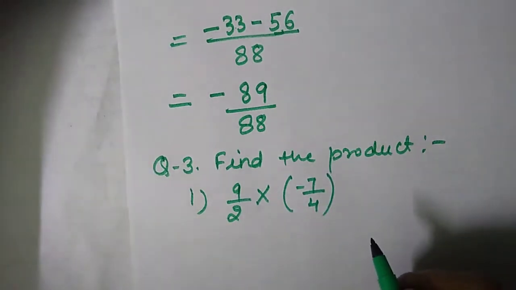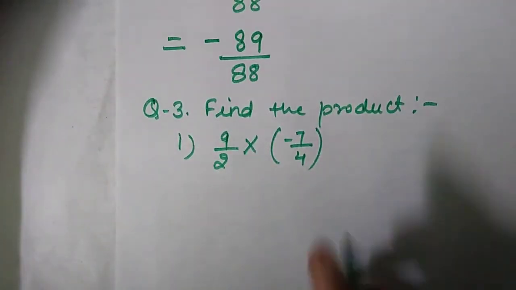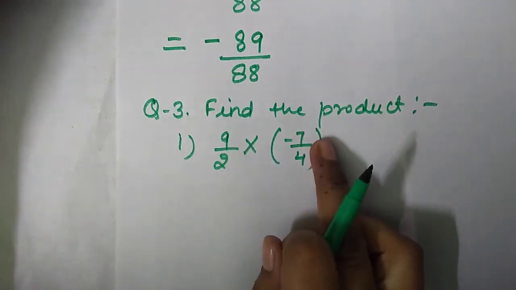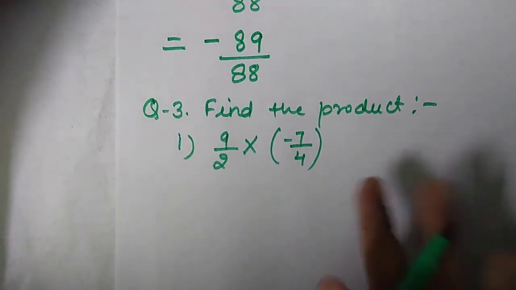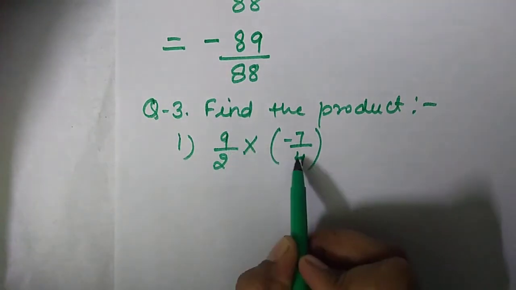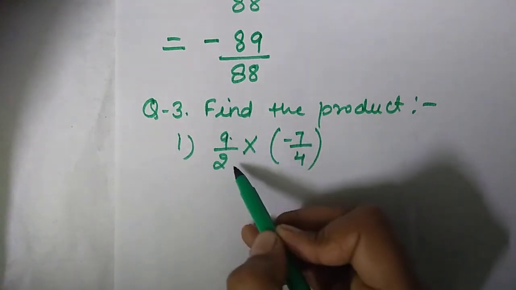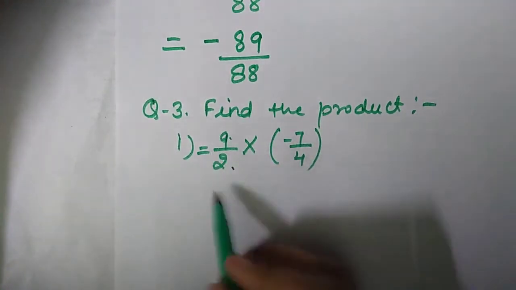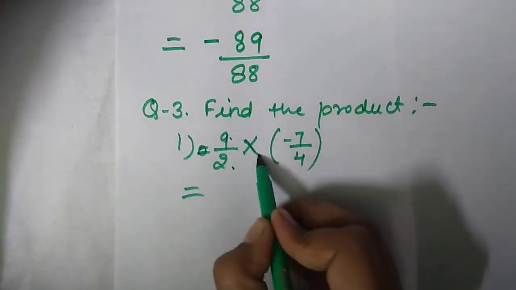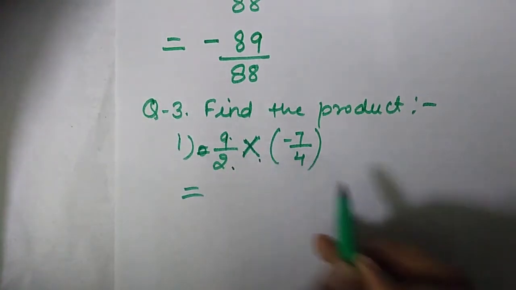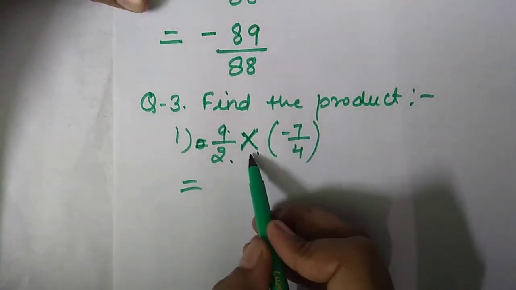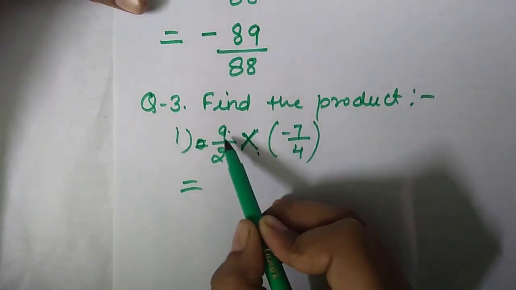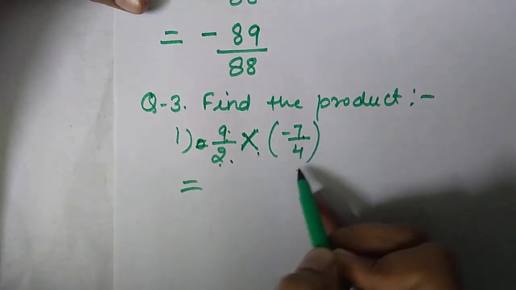What you will get? On multiplying the rational numbers, just remember you have to multiply the numerator with the numerator and denominator with the denominator. And if you want to cancel, you can cancel numerator with denominator also. Now how you will solve? This is multiplication in between. No need to take the LCM in multiplication and division. Only in addition and subtraction you have to take the LCM. Here it is multiplication, so multiply the numerators and denominators separately.